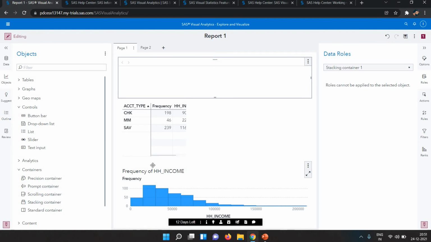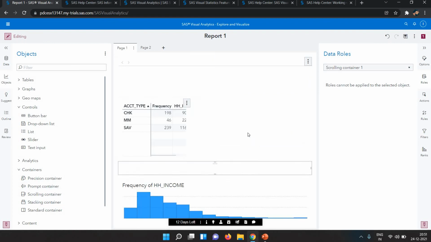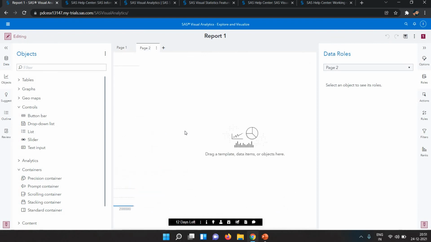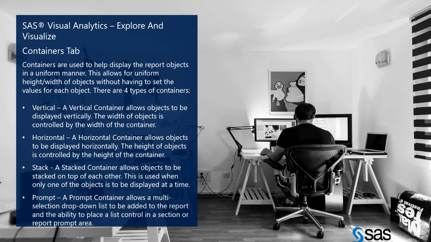This is a scrolling container, so you can write and that will be a scrolling one. And stacking containers and standard containers are also there. So this is about the containers and how we are using them.